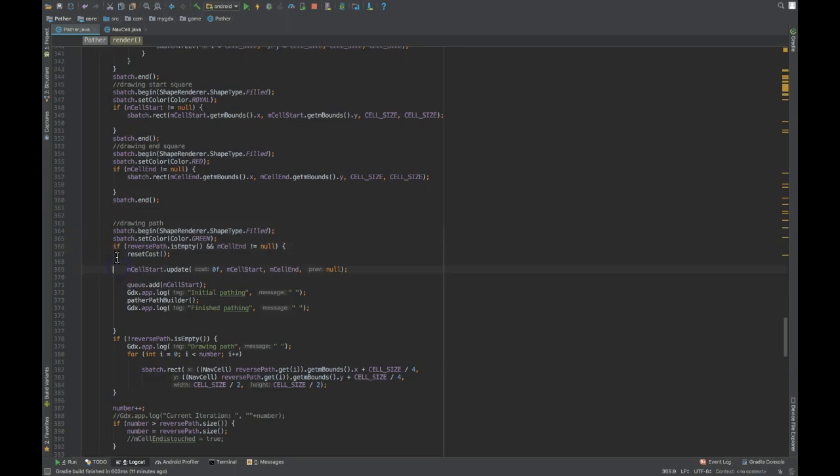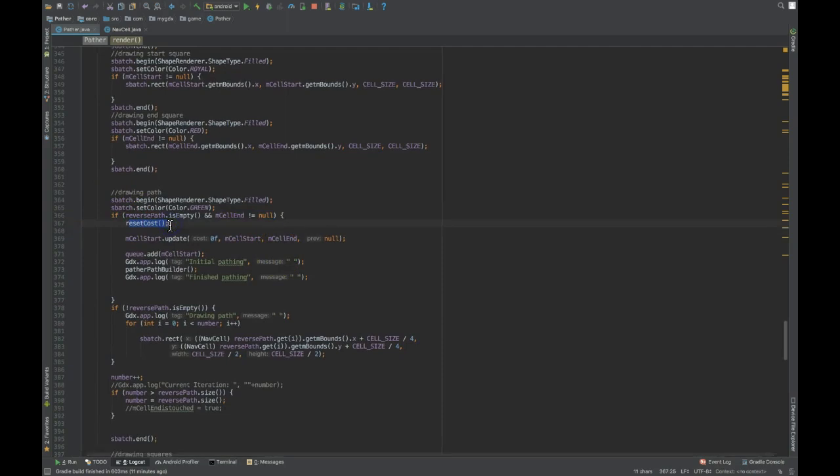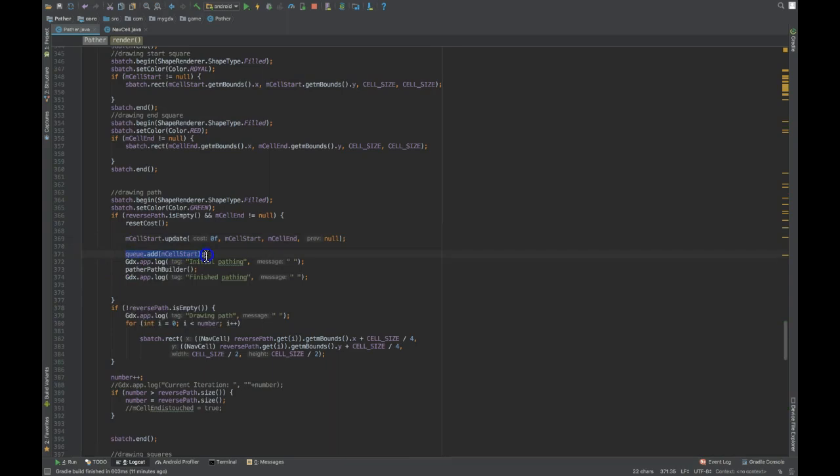So here is actually where I am doing it. So if I do not have a reverse path and my M cell end has already been assigned, I'm double checking that the cost has all been reset to everything that I want in my nav cell, and then I'm updating my first cell, I'm adding it to my queue, and then I'm going into my path builder, and then once it goes back around to the rendering, once it's not empty, it's going to start actually iterating through my reverse path,